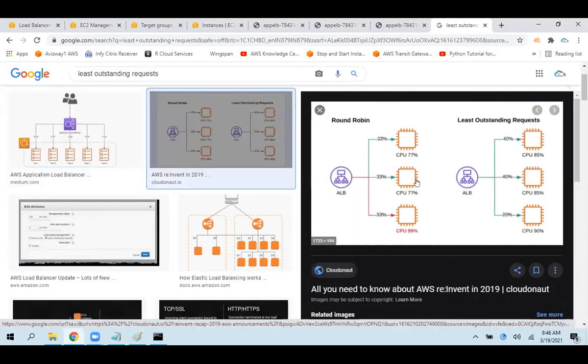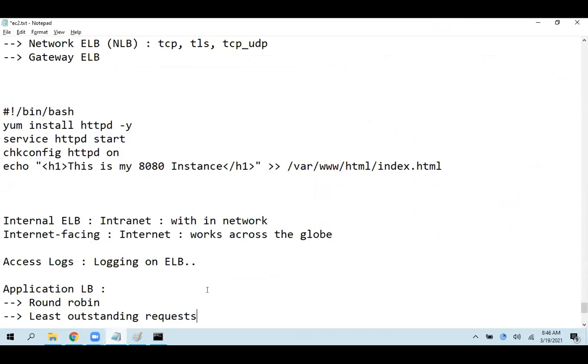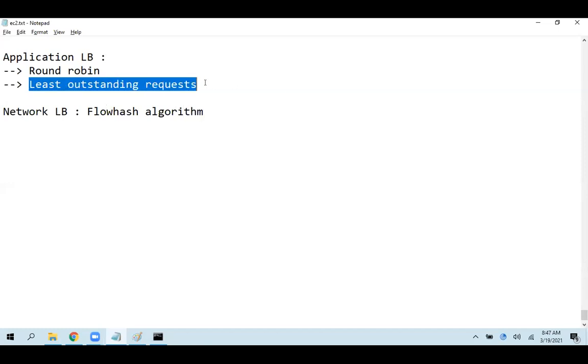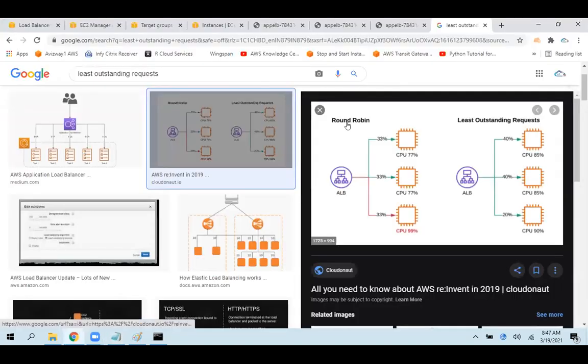So if you're taking network load balancer, it works on the flow hash algorithm. Network load balancer, flow hash or hash flow algorithm. So when coming to least outstanding request, based on the resource utilization, see, when coming to round robin,